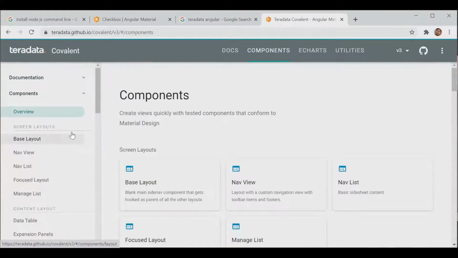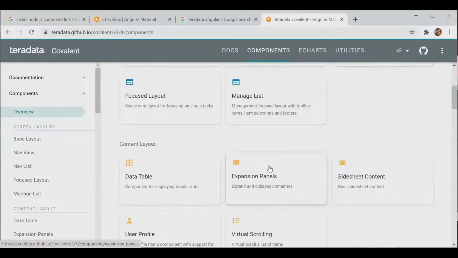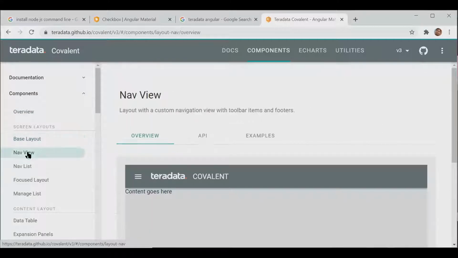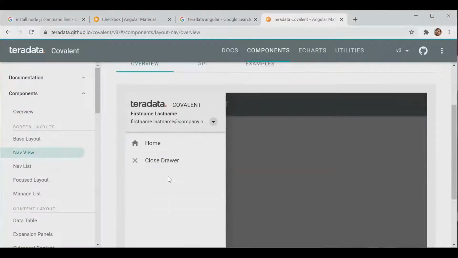So here we have the components and these are examples. You can see the different types. Maybe you have seen examples, like if someone has to design a website, you can design it very easily without the help of a designer.